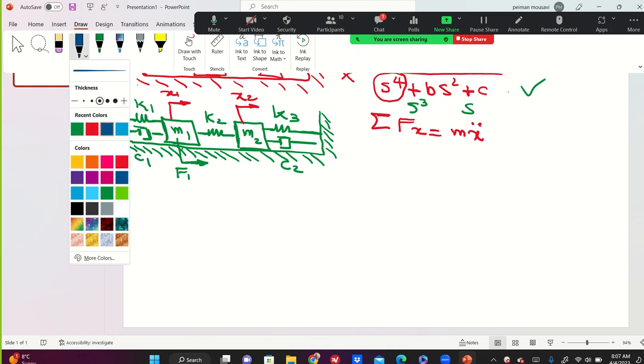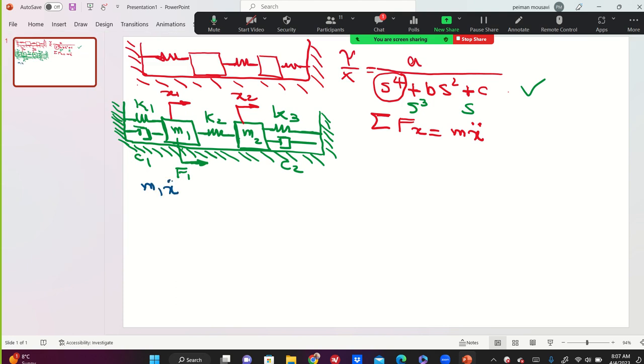then we're going to go to MATLAB, okay? So we're going to have m1 x double dot 1. We cut the system from here, here, and here. For m1, you have a reaction force, assuming that x1 is greater than x2, because as in the previous class the spring is being stretched. So you're going to have Fs1 this way. You're going to have Fc1 this way reacting. Here, it is being compressed because x1 is greater than x2. You're going to have for this